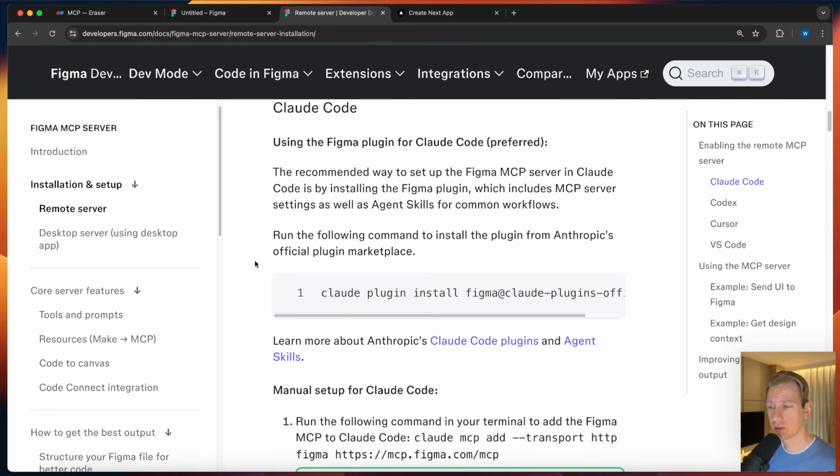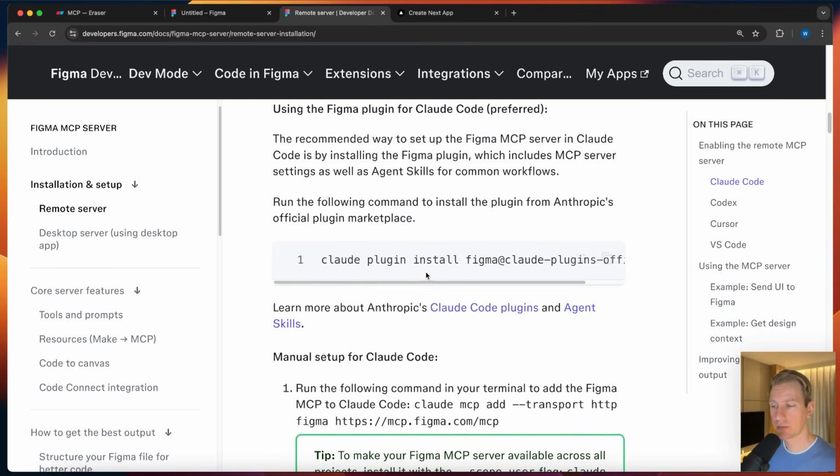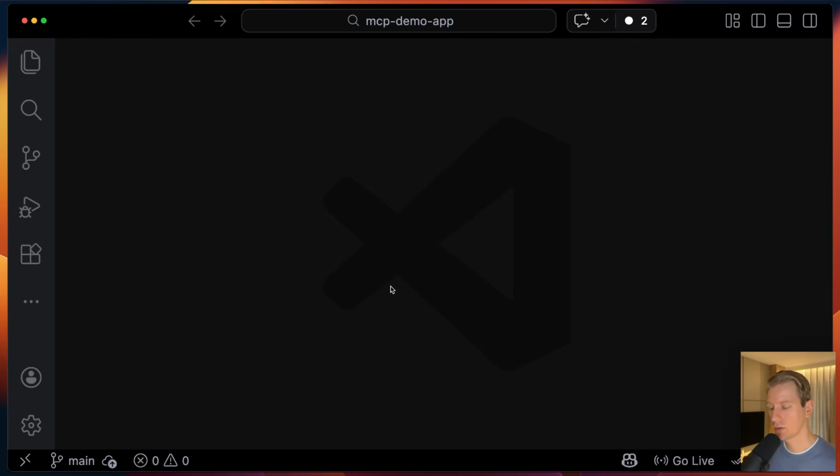So here they recommend how to install it. They actually have a plugin for this. So this is a bit different from the manual setup. So the manual setup, if I copied that, if I would do it manually, right, just to show you here,